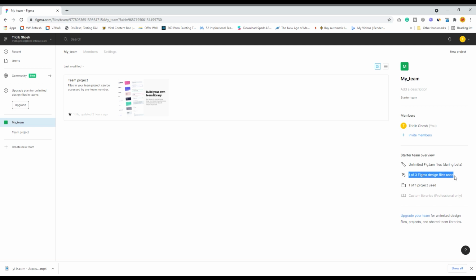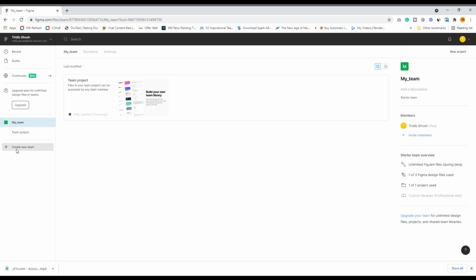There are 3 Figma design files, one of 3 design files used, one on one project used. Currently most of my files are in the draft mode, so these are not showing over here. Once I share the draft to a project, then I can share with my team.